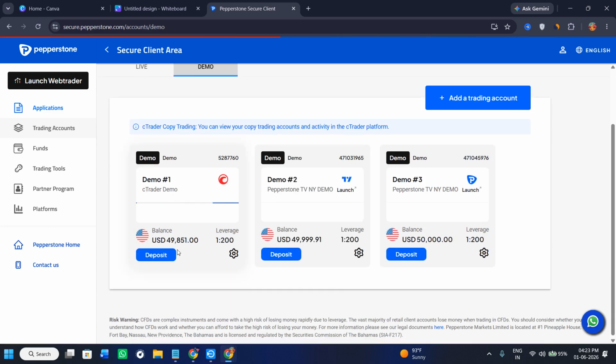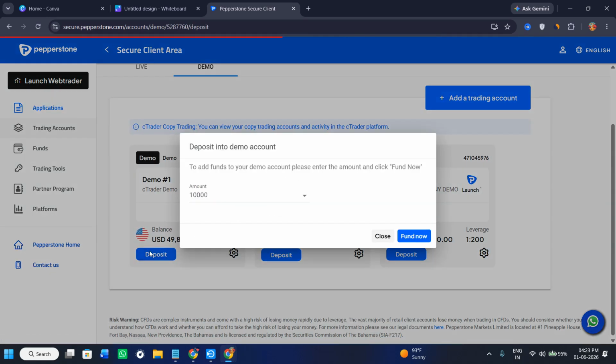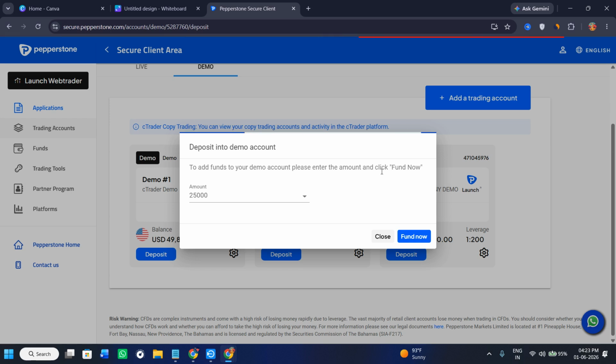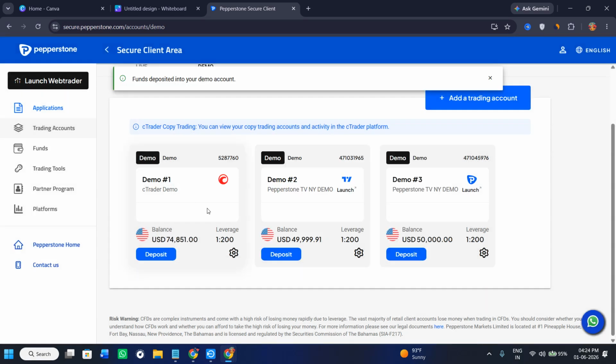But if you want to deposit the money inside your demo account, you just have to click on the option of deposit. Afterwards, you just have to select the amount from the given list, then click on the option of fund now. So this way you will be able to add or deposit money in